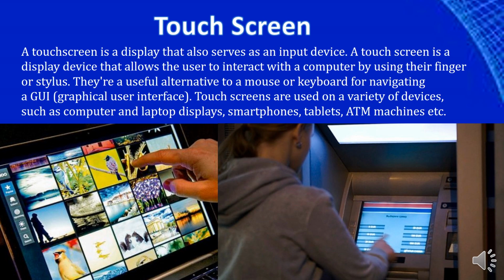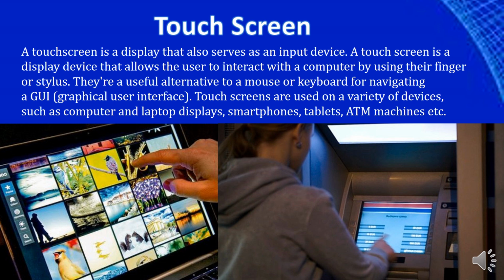Now let us talk about touch screen. A touch screen is a display that also serves as an input device. A touch screen is a display device that allows the user to interact with a computer by using their finger or a stylus. Now stylus is a kind of pen, dear students, through which we touch the screen to give a command to the computer.